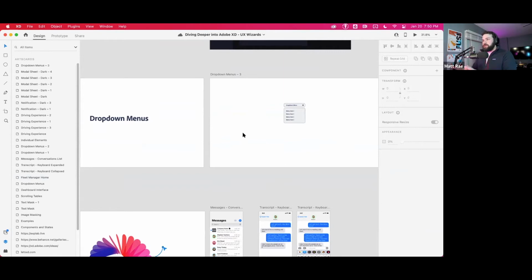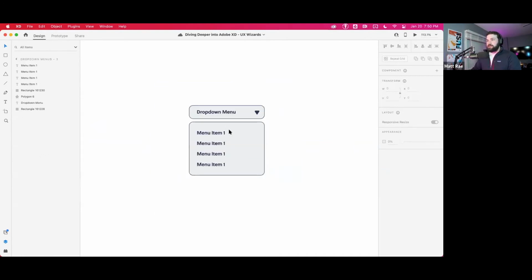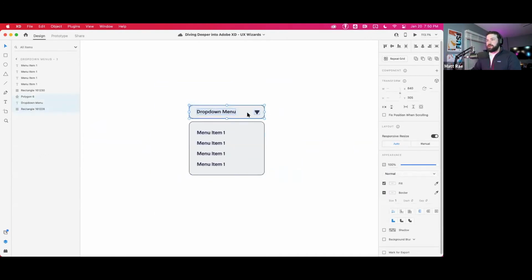We're going to go through and show you how to build a simple one that can basically be used for everything, including prototyping and including links. So in this case, we're just going to start with a basic dropdown with some menu items that can be overridden. So to start, I'll take my dropdown menu element here,